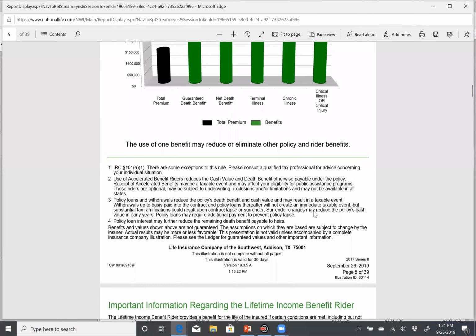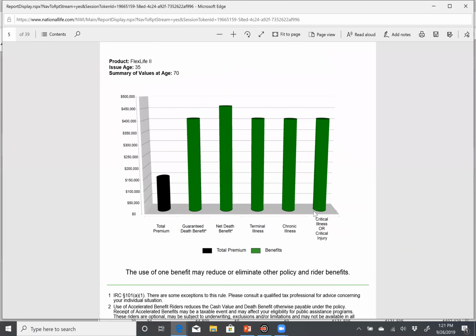The way I look at it, the policy sells itself with those numbers we just looked at. So the living benefits, I do that as an, oh, by the way, here's all these other free benefits that you get. And I really like the way they do this chart because it shows the total premiums they've paid in, the guaranteed death benefit, the net death benefit, which is based on the non-guaranteed indexed interest they earn, what they would have available for terminal illness, for chronic illness, and